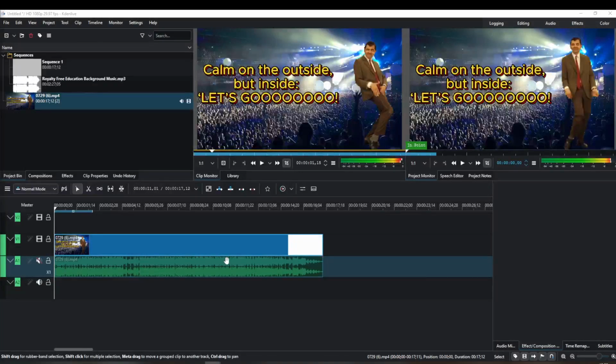In today's video, I'm going to teach you how to resize clips in Kdenlive. This process is quite straightforward, and with just a few simple steps, you'll be able to adjust the size of your video clips with ease. Let's get started. First, you'll want to open Kdenlive and load your project with the clips that you intend to